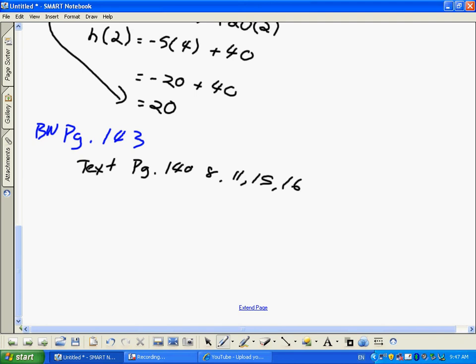Okay, guys? I want to add a few questions to it. So, actually, just deal with number 8 and 11 for now. And I'm going to add question 2 and parts of 10. This is getting confusing. This is what's going to be your homework. Question 2 from that page. Question 8, 10,